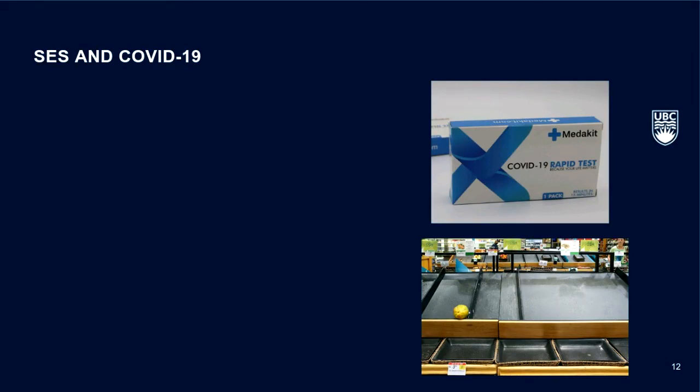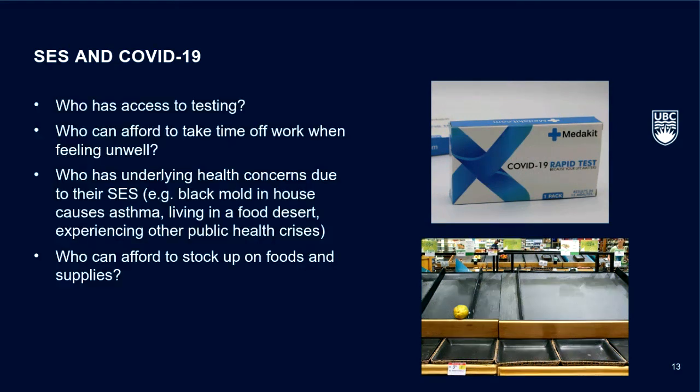SES also had a significant impact on individuals' experiences of COVID-19. In the context of COVID, SES will determine who can access tests. For example, the Kardashians getting tested because they can pay for it, not because they had symptoms. High-paying jobs will allow sick leave or opportunities to work from home when ill. Living conditions create pre-existing conditions that put individuals at higher risk of the effects of COVID-19. And there has been a significant discrepancy in who has been able to stock up on food and supplies in preparation for nationwide lockdowns and social distancing.